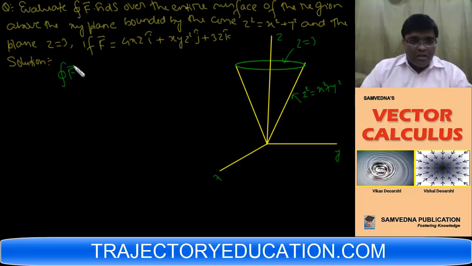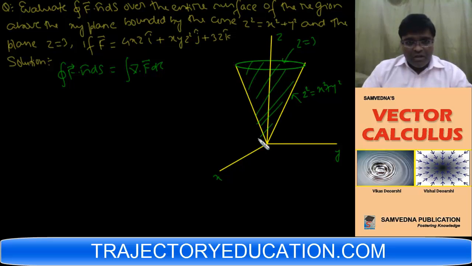Here we will be using Gauss divergence theorem, which says the surface integral of a function F over a closed surface, this is vector dS, is equal to the volume integral of del dot F over the region enclosed by it. This is the region enclosed by it. We will have to calculate the volume integral in this region. So what is del dot F? If we calculate del dot F,